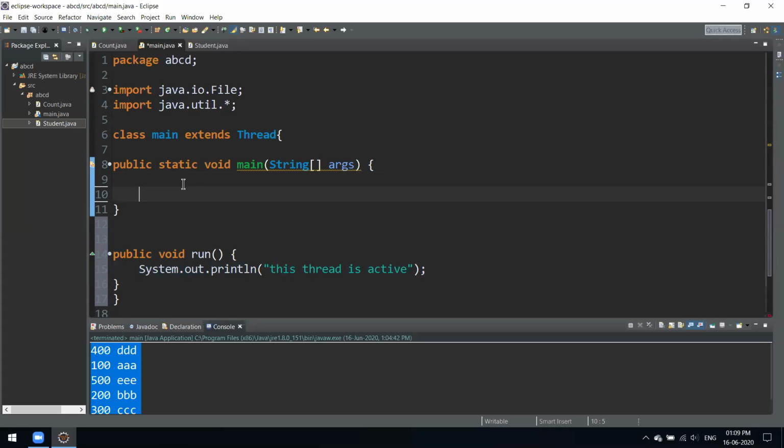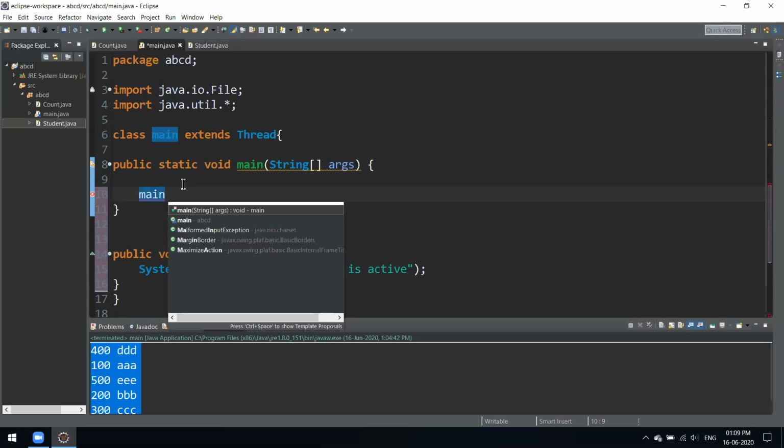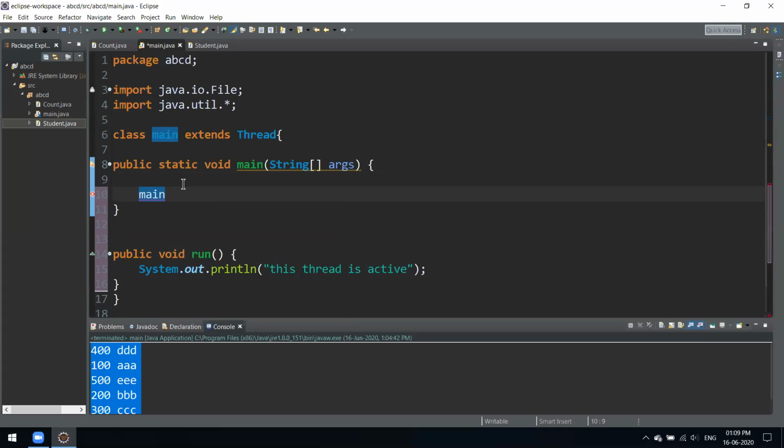For that we will have to create an instance of this class. The name of our class is Main. So we'll just create this instance or object, whatever you call it. We'll name it obj.